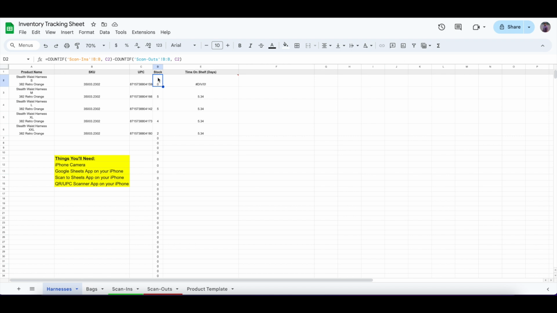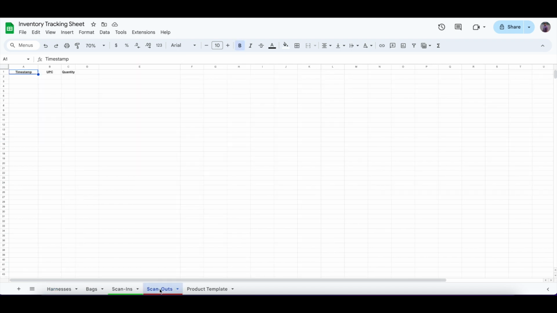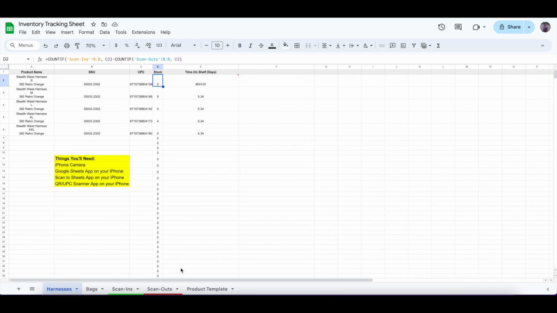Essentially you're adding UPCs here from scan ins, and then on the back side, you can add this where you subtract scan outs. So it's an easy way to scan products in and then scan products out using the second component of this, which is you need to download the app called